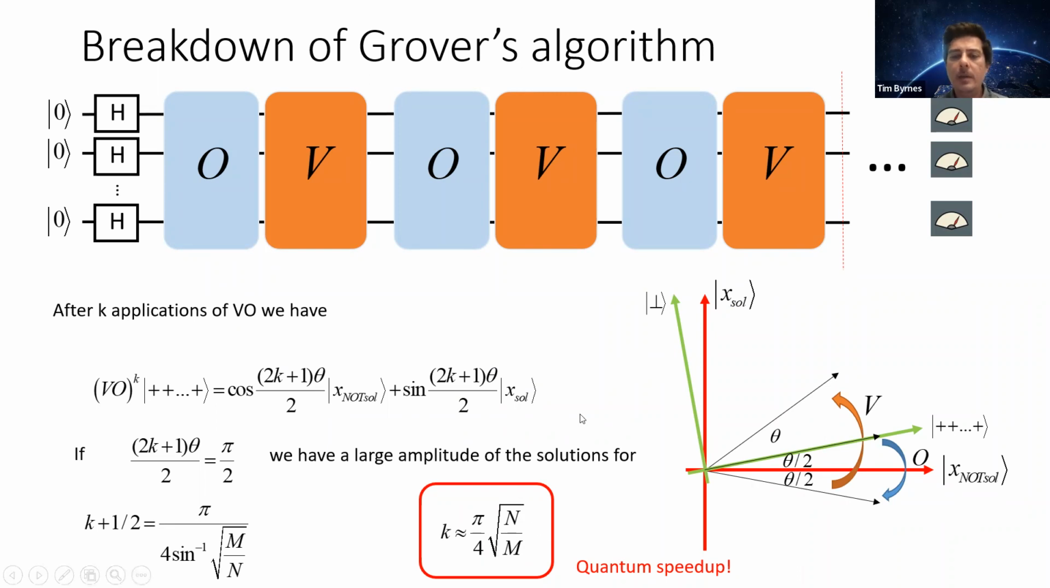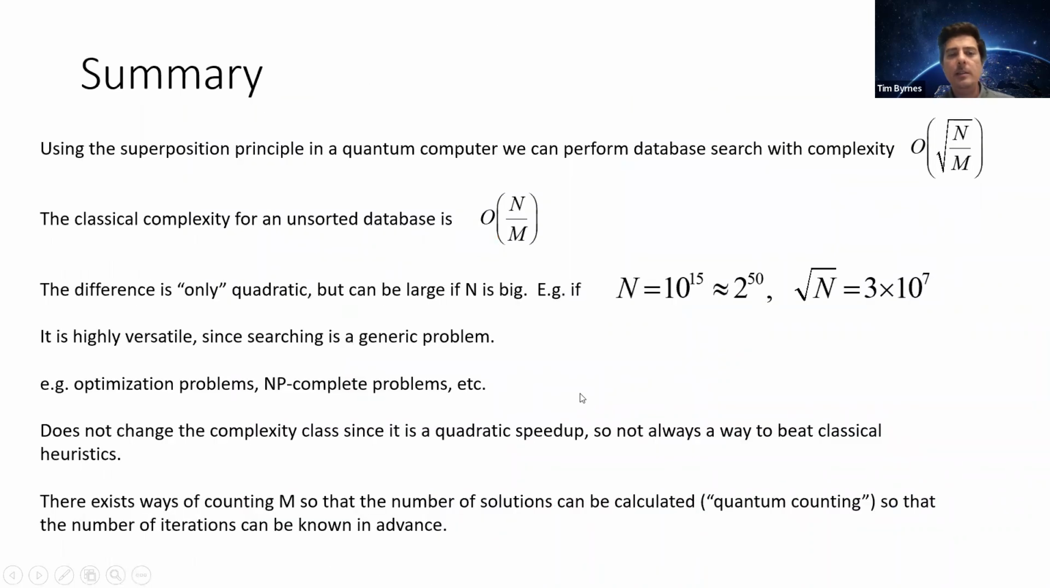Square root of n over m. So this is definitely a quantum speedup because, classically, there's really no other way of doing it. The only way is to search through all of them, so that scales like n over m. But quantumly, it's square root of n over m. It might not sound so impressive, a square root factor,